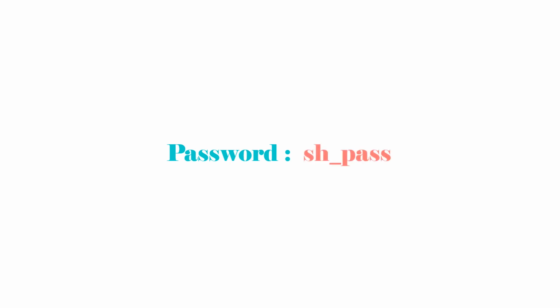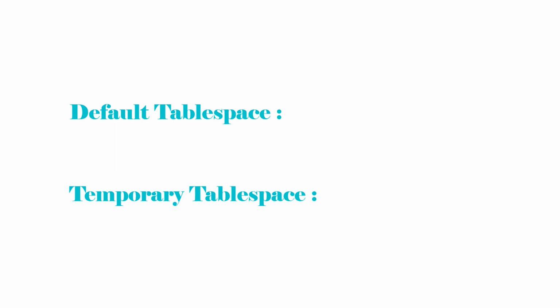Next is password for the sh user. In my case, it will be sh_pass. You can set whatever password you want. Next two parameters are the names for the default and the temporary table spaces. In my case, as a default, I will be using users table space, and as a temporary, I will be using